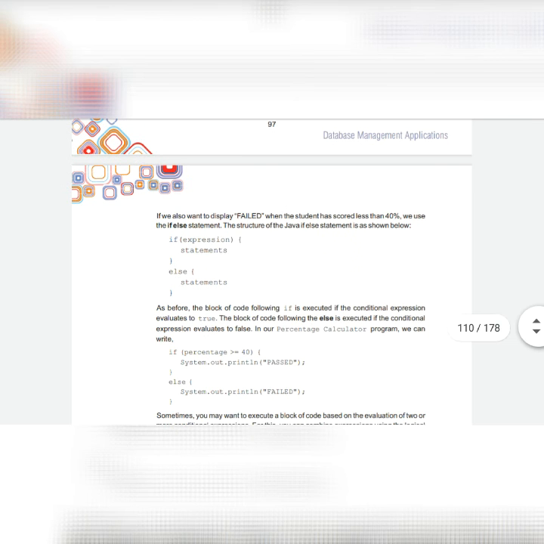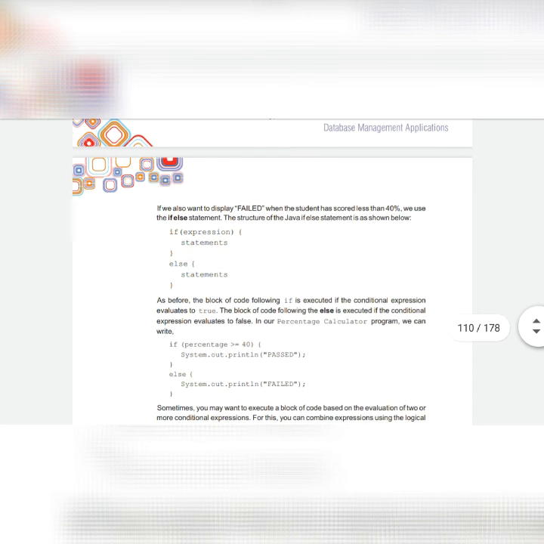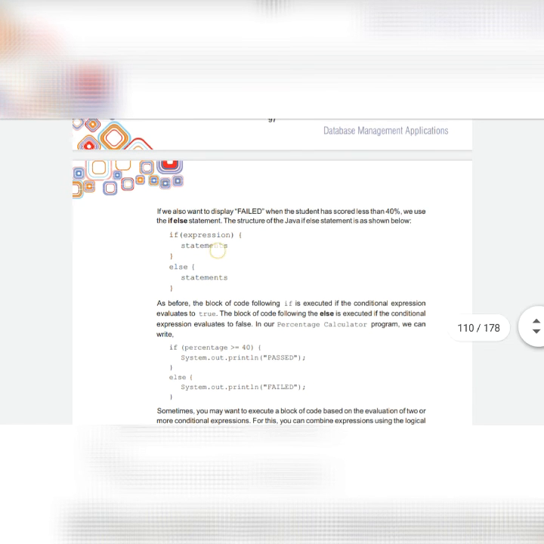नाउ वी विल स्टडी अबाउट इफ एंड एल्स, मीन्स कि वो ये स्टेटमेंट भी प्रूव करे अगर ग्रेटर देन इक्वल्स टू 40 है. बट वट इफ, अगर हमें ये प्रिंट करवाना हो कि अगर कंडीशन ग्रेटर देन इक्वल्स टू 40 की नहीं है, देन क्या प्रिंट होना चाहिए, उसके लिए हम इफ एल्स कंडीशन यूज़ करेंगे. एंड फर्स्टली इसके लिए सिंटेक्स क्या है, इफ एक्सप्रेशन स्टेटमेंट्स. इफ कंडीशन, कंडीशन विल ओनली वन, बेस्ड ऑन दैट कंडीशन यू विल सी ट्रू और फॉल्स. अगर ये कंडीशन ट्रू है देन दिस स्टेटमेंट विल बी एग्जीक्यूटेड. इफ दिस कंडीशन इज नॉट ट्रू देन एल्स स्टेटमेंट विल गेट एग्जीक्यूटेड.